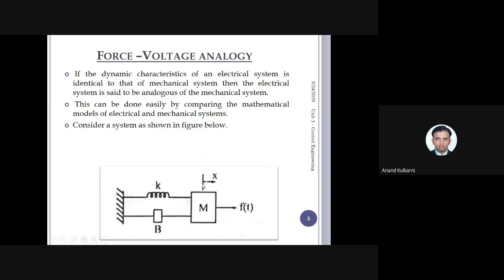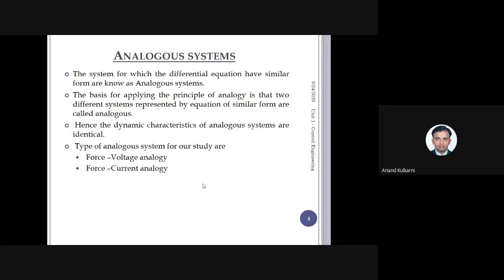But if I want to solve a problem which has both systems, as in the previous example, where there was an interaction of mechanical as well as electrical systems, there is one intermediate method called analogy that we are going to study. Now, what we are going to do here is compare and find the similarity between the two things. What is this? I'll just explain. See here.